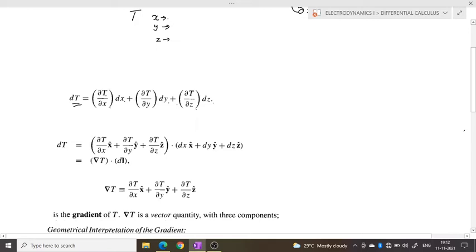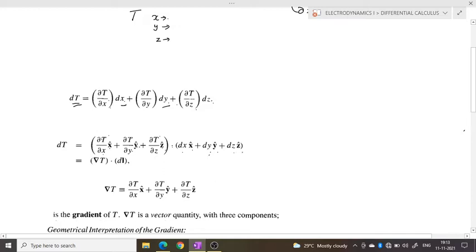You take this term as a dot product. So you can find dou t by dou x into x cap plus dou t by dou y into y cap plus dou t by dou z into z cap, dotted with dx x cap plus